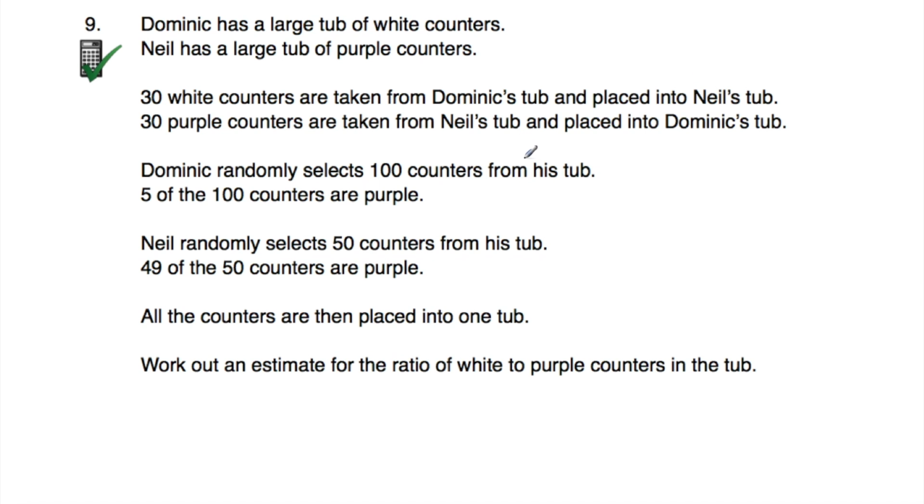Now Neil then takes 30 of his purple counters and puts those into Dominic's tub. So Dominic's tub has lots of white counters along with 30 purple ones in there. Now Dominic goes to his tub, which is the one that's got lots of white counters along with 30 purple ones, and he randomly selects 100 counters from his tub. So it's quite a large sample, and 5% of the counters are purple. So that's 5 out of 100, which is 5%. So 5% of his sample is purple, and that means that the rest, 95%, would be